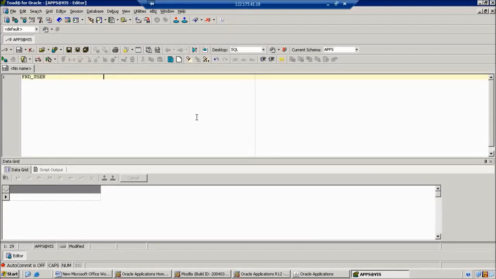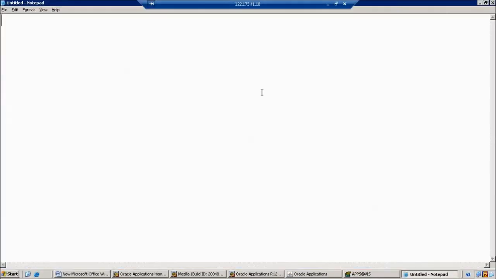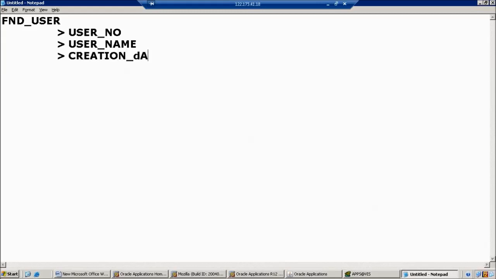What are the columns we are going to pick? Here I am using the FND user table. In that table, I want to choose user number, so user ID as a user number, and user name, and user date as a creation date. So these columns will be found from this table.